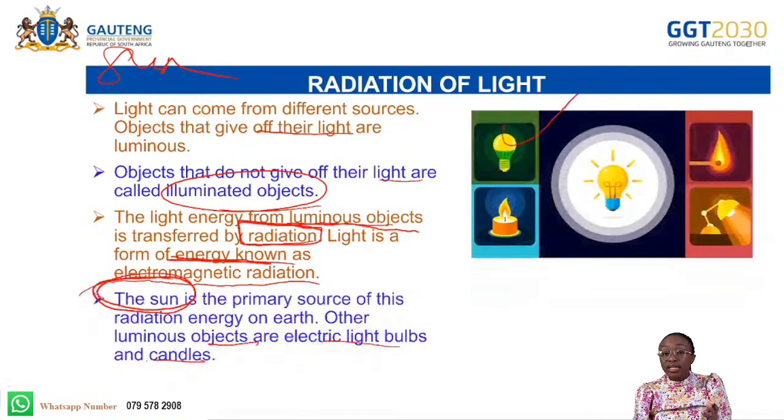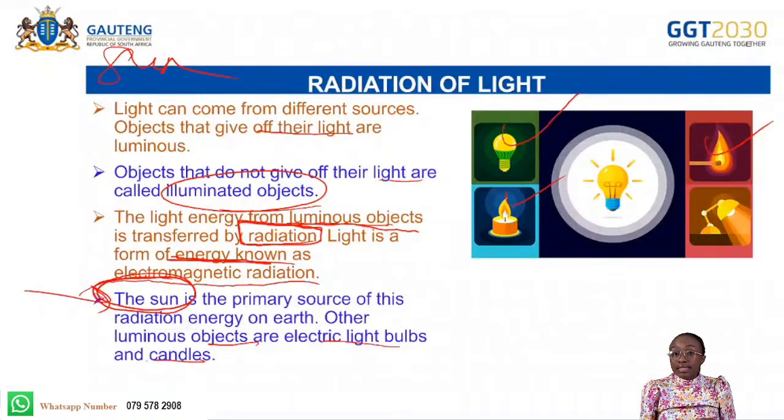We've got your electric light bulb, which is a source of light. It emits light. We've got candles, candlelight. We've also got fire. If you've got a fire going outside, you are able to see your surroundings because those flames emit light, making it possible for you to see. So there are other sources of light besides the sun, but our main source is actually